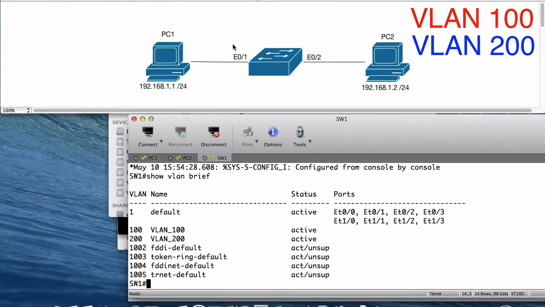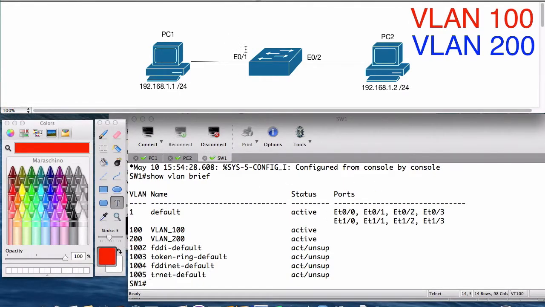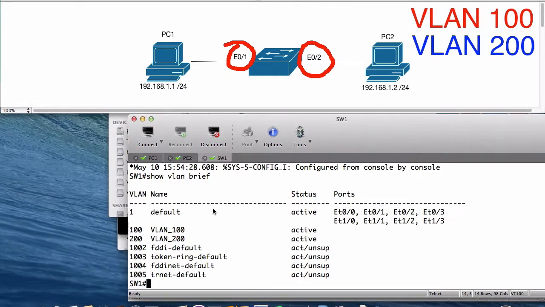So let's try to put Ethernet 01 to VLAN 100 and Ethernet 02 in VLAN 100 as well. So let's try that. How can we do that? From the switch, let's go to enable,